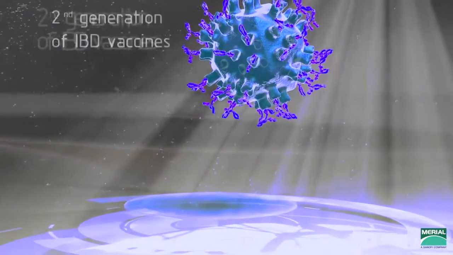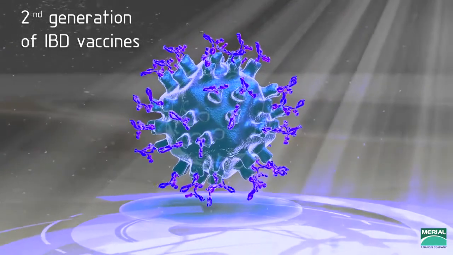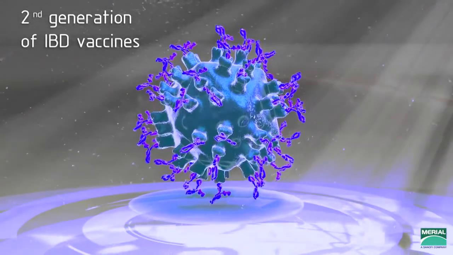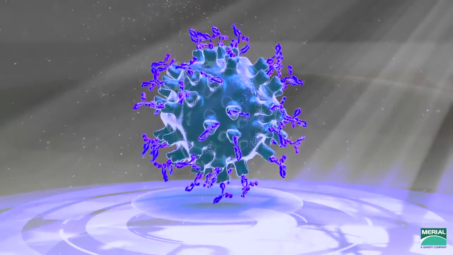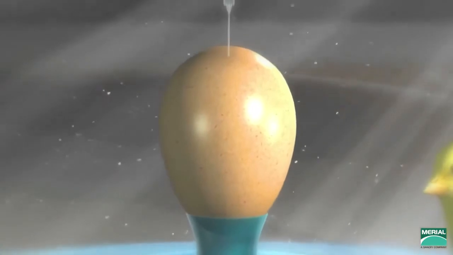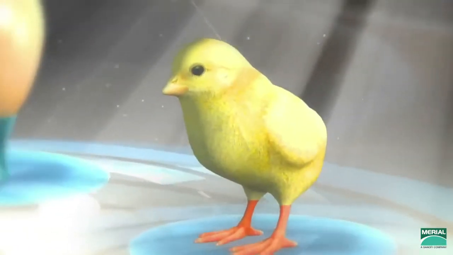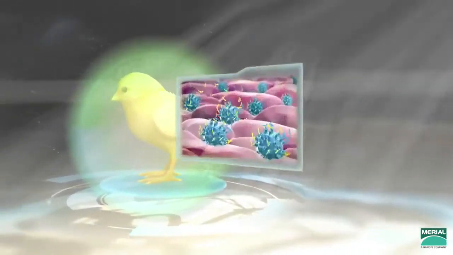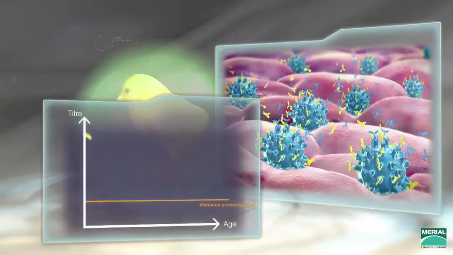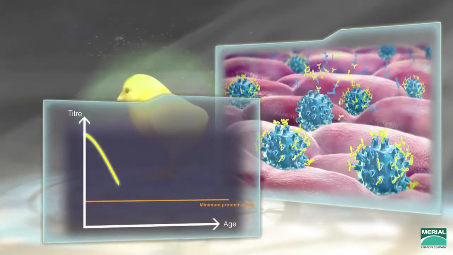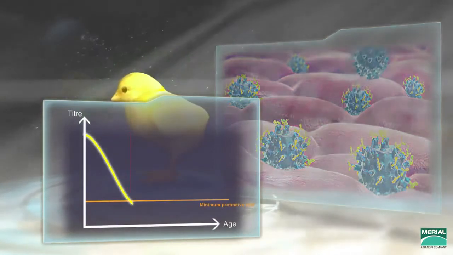The immune complex is the second-generation IBD vaccine, comprising a live intermediate plus vaccine strain bound to antibodies. The main advantage of this vaccine is its administration at the hatchery, either in ovo or subcutaneously. After injection, the immune complex remains bound to the surface of follicular dendritic cells in lymphoid organs.